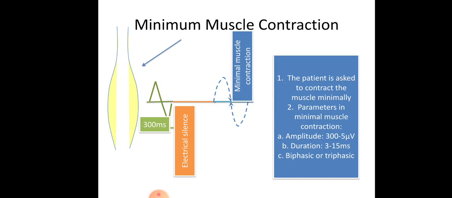When should it be considered normal and abnormal? When the polyphasic phase represents more than 10% of your muscle output, then they are considered abnormal. Within 10% of the phase is considered normal. If it is greater than 10% of the muscle output, it is definitely considered as abnormal. Coming to the last part, that is your maximum muscle contraction. Sorry for the spelling mistake in the slide. It is maximum muscle contraction, the last phase.